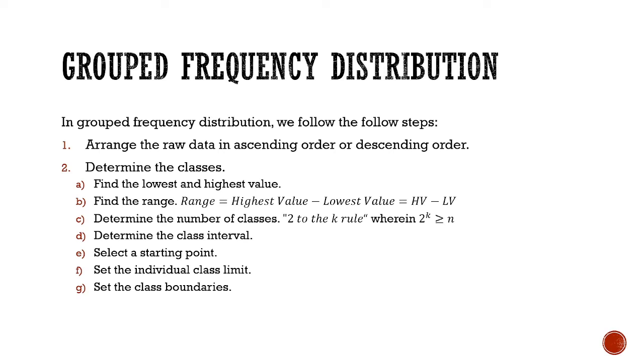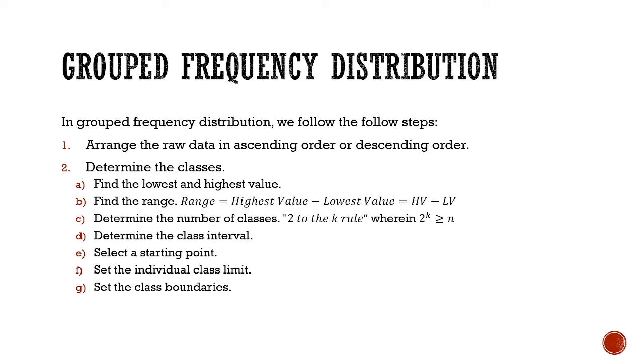Then we will determine the number of classes using the 2 raised to k rule, wherein 2 raised to k must be greater than or equal to our sample size. Then we will determine the class interval, which is the range over the number of classes. And we will select a starting point. Usually, for the starting point, we can select the lowest value that you got from your data. And then you set the individual class limit, then set the